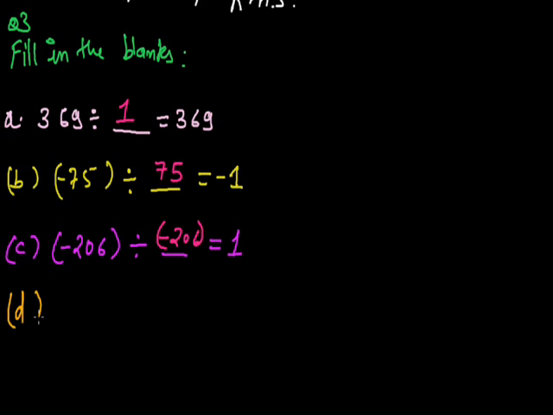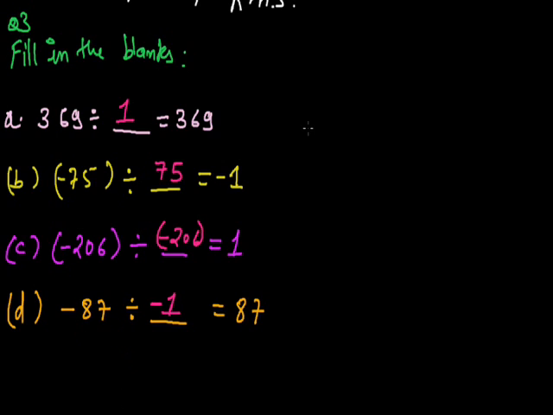Now the D part, minus 87 divided by dash and you will get 87. Again here we are dividing 87 by a number, but we are getting a positive 87. Now a number is divided by a number, but again we are getting 87 only, so the number should be 1. Now we have a minus sign with 87 here, but in the resultant we do not have a negative sign. So the 1 should have a negative sign, so as to cancel the negative sign